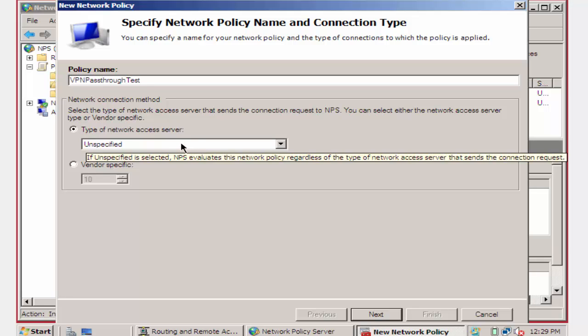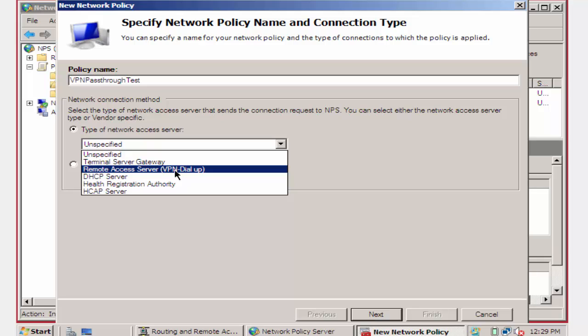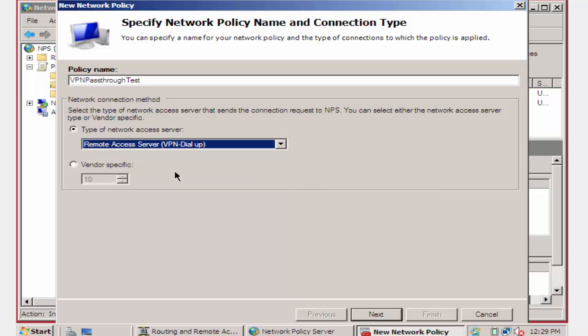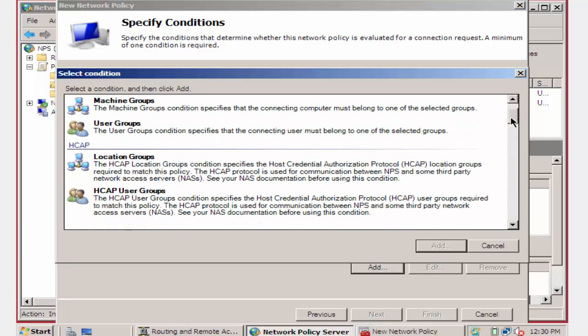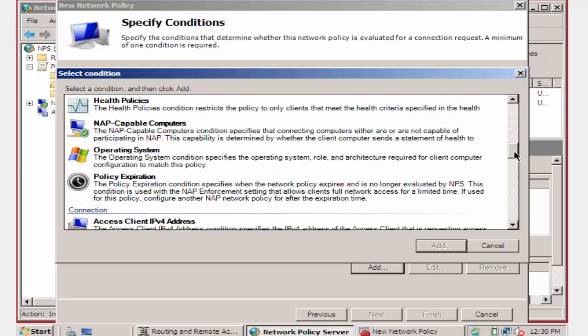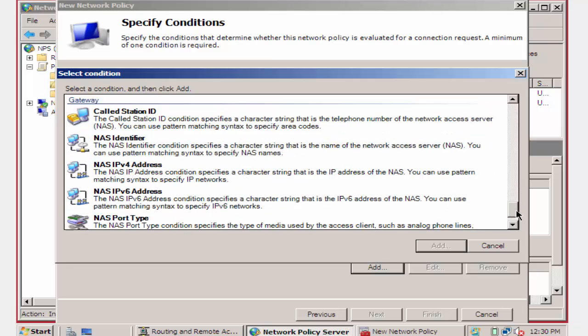And the type of network access server, we are going to call this Remote Access Server (VPN-Dial up). We then click next, and here we are going to add a condition. And the condition that we are looking for is